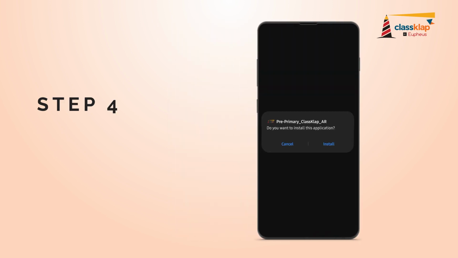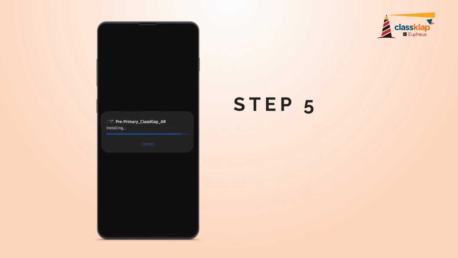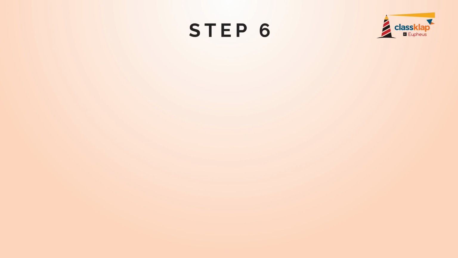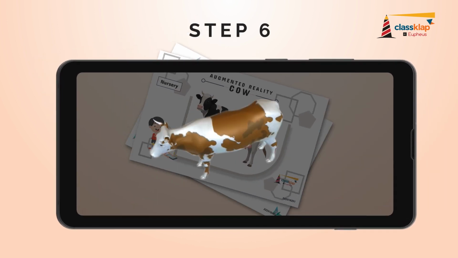Step 4. You will get a pop-up to install the pre-primary ClassKlap AR app. Click on Install. Step 5. Once the app is installed, click on Open and give access to the pre-primary ClassKlap AR app to use your device's camera. Step 6. Scan the AR physical cards one by one, and 3D representations of the models will appear